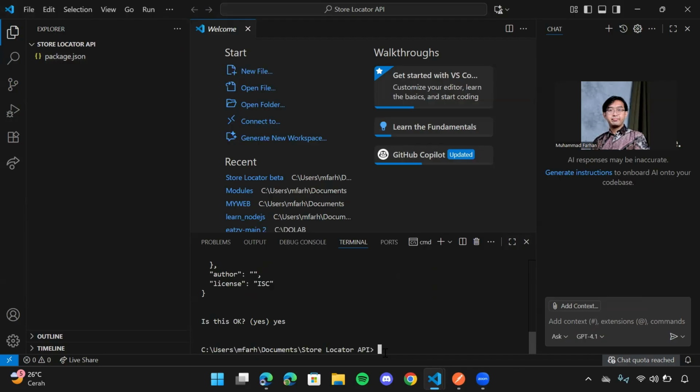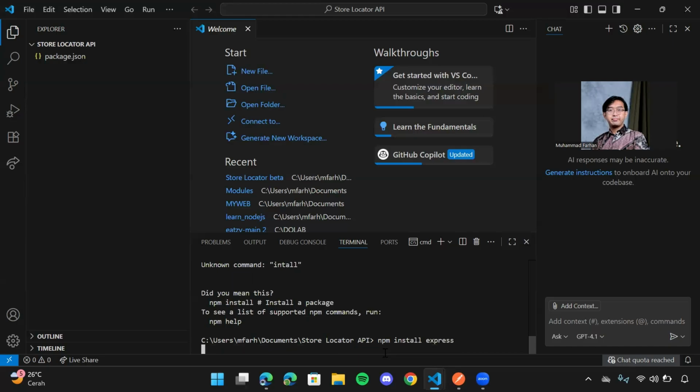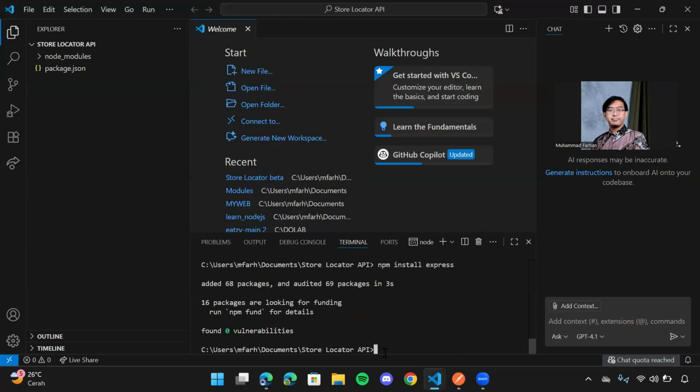And next, we're going to install Express.js by typing npm install express, and then enter. Sorry, there's a typo here. It should be npm install express. That is correct, and enter, and it will start installing Express.js, and there will be another JSON file appearing